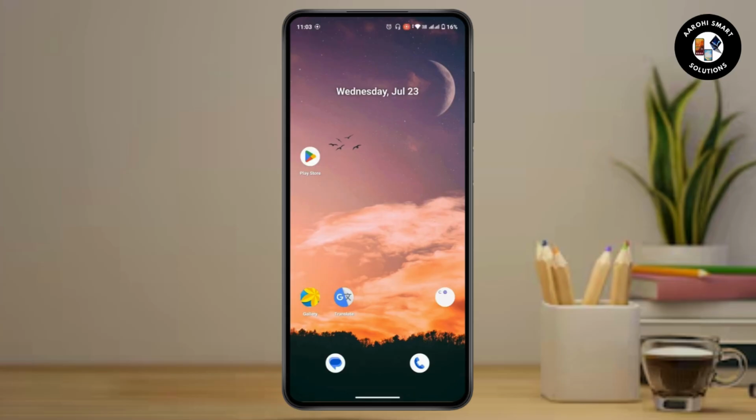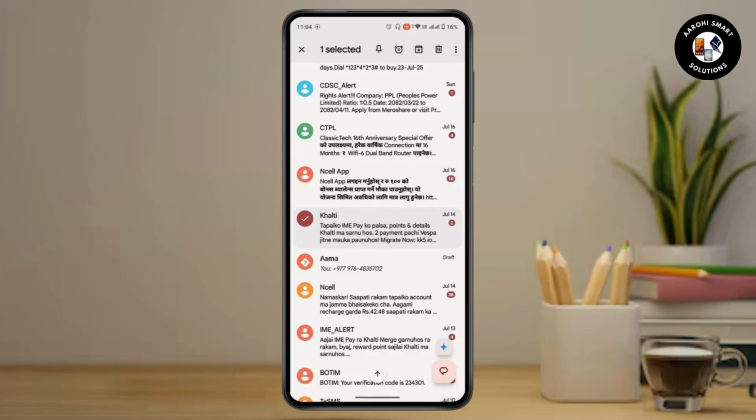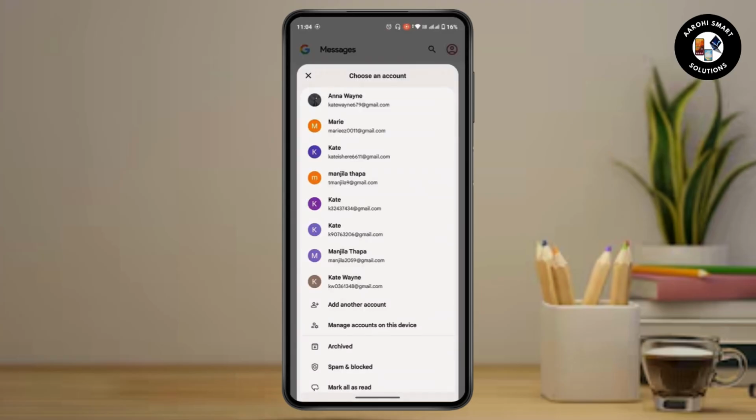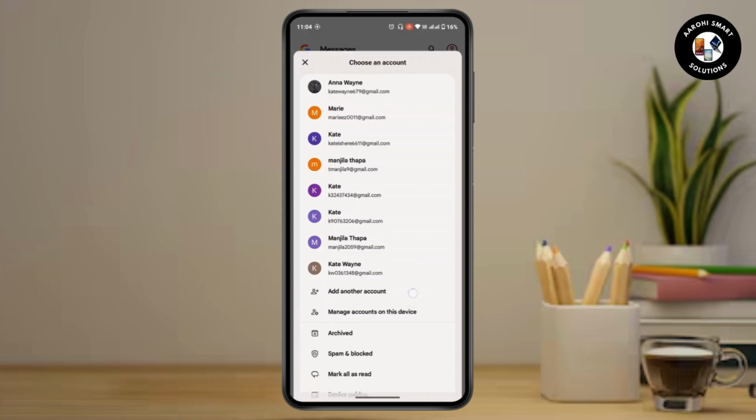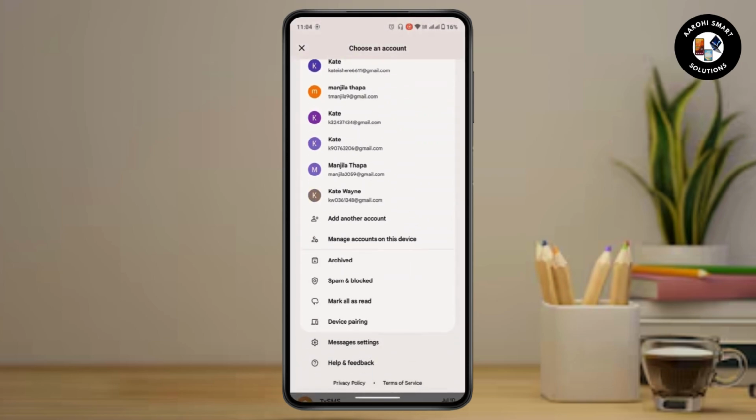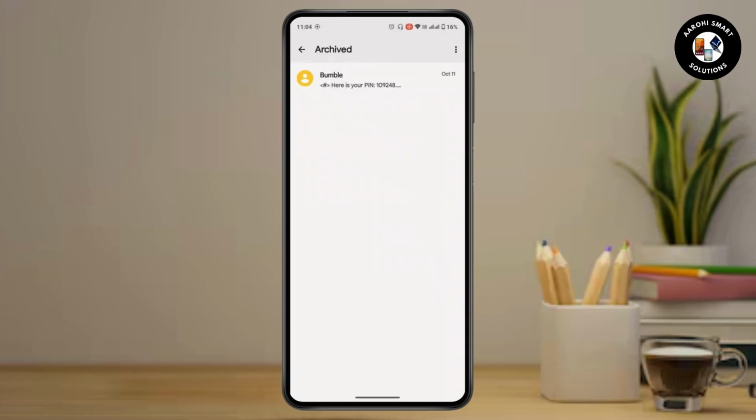For that, first of all, you have to open up your message app on your Android device. After that, you could head over to the profile at the top right once you open up your message app. After you tap on your profile, a menu box will pop up in your interface. If you scroll through it, there's an option as archived, so tap on it, and that's going to open up your archive tab where you can find all of the messages that have been archived from your message application on